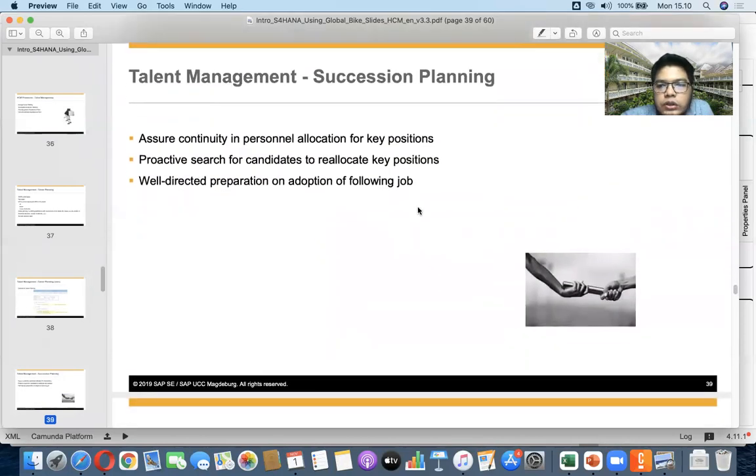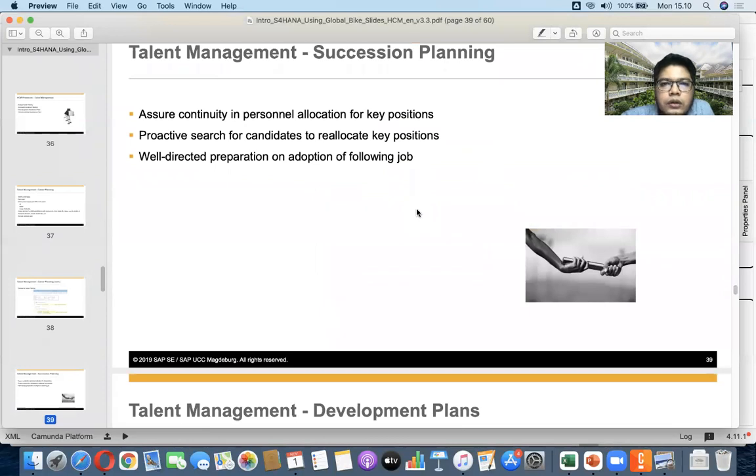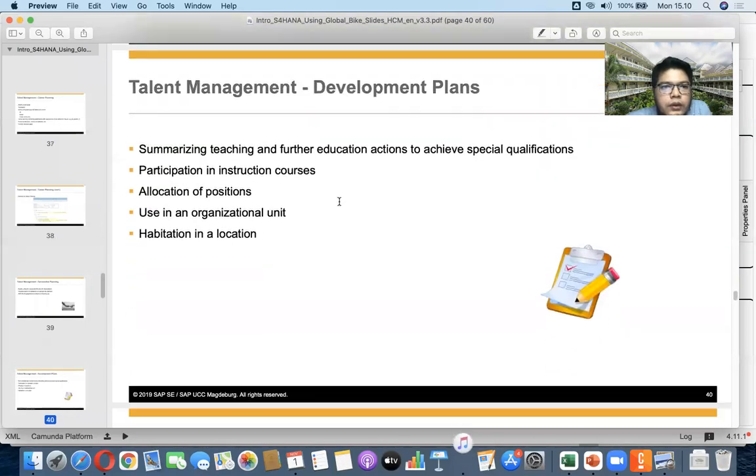Succession planning is basically to assure continuity in personnel allocation for key positions. We need to have data about the people who can step in, so if something happens to the person who holds the position, we can fill this position again.